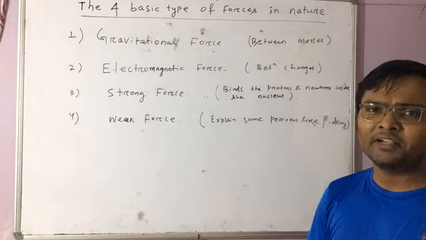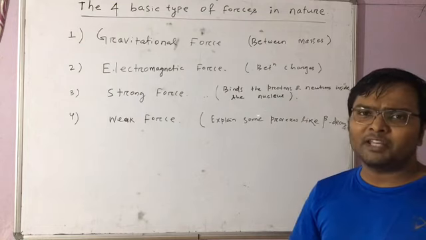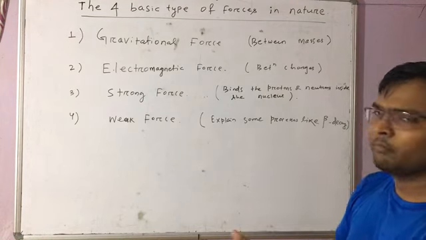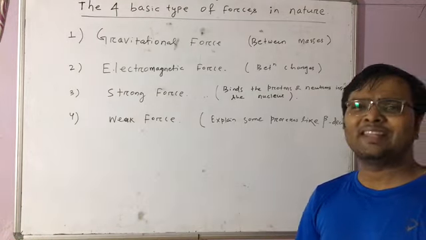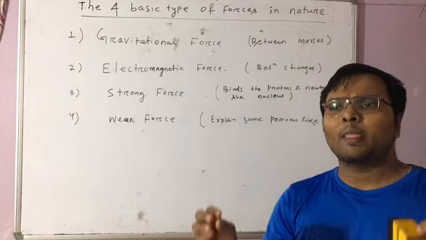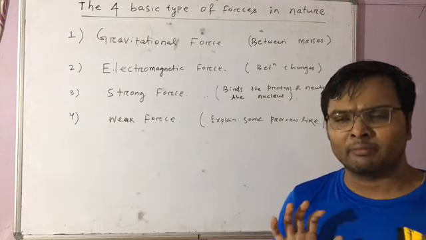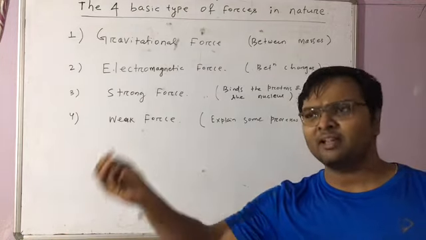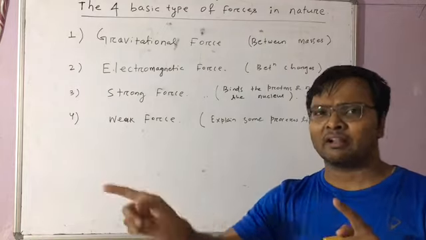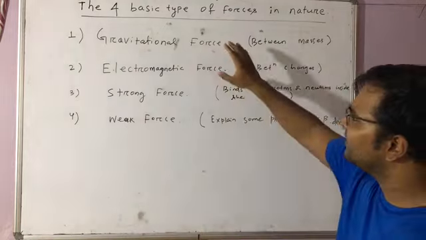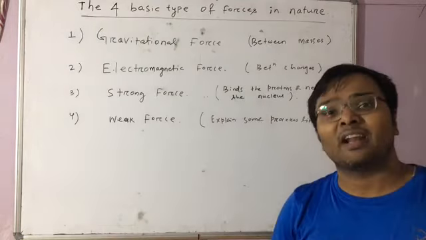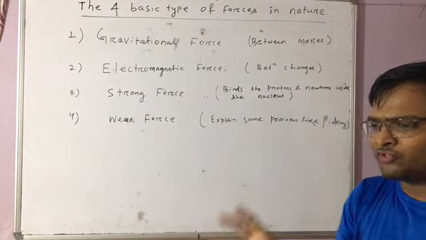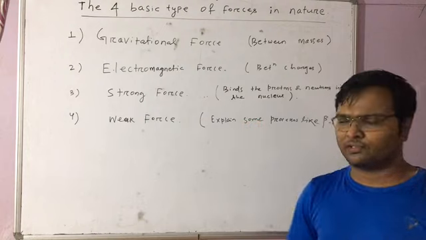First one is your gravitational force. This is a variety of force, or you can say these are not forces, they are interactions. Four basic interactions. Gravitational forces exist between bodies having masses. However small it may be, if a body has mass, it can interact with other bodies having mass. And that interaction is called gravitational interaction. We will deal with this force in detail. There is a chapter called gravitation. Clear? So you remember, gravitational force is a variety of force that exists between objects having masses.